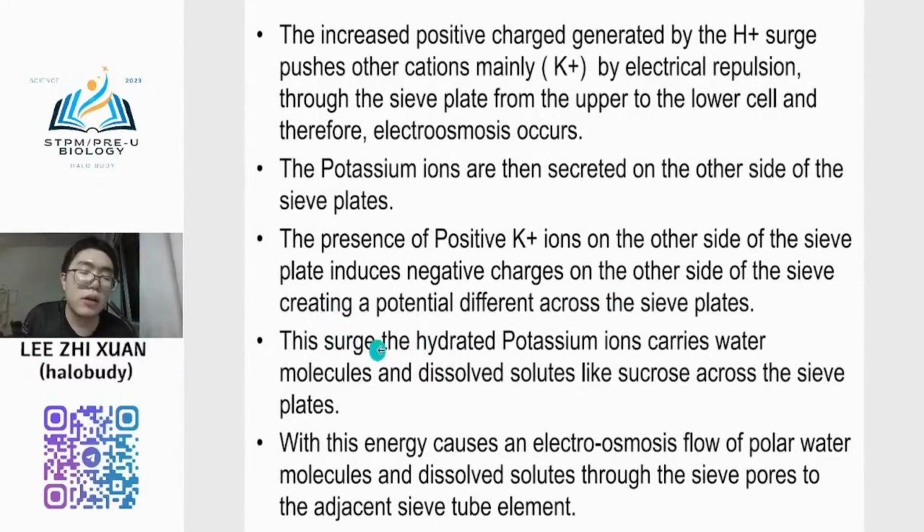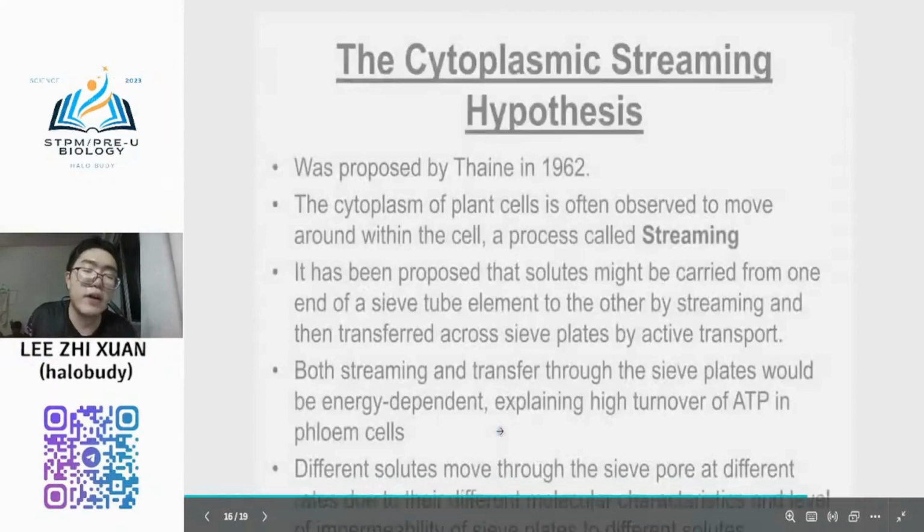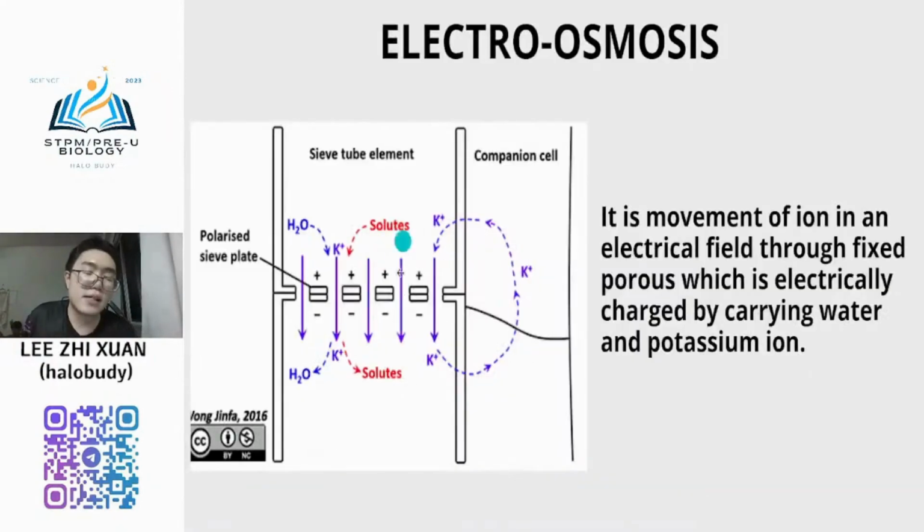So this shared hydrated potassium ion will carry water molecules and dissolved solute across the sieve tube. So with no energy cost on electroosmosis, there is flow of polar water molecules and dissolved solute through the sieve pore to the adjacent sieve tube element. So this is the overall process of the